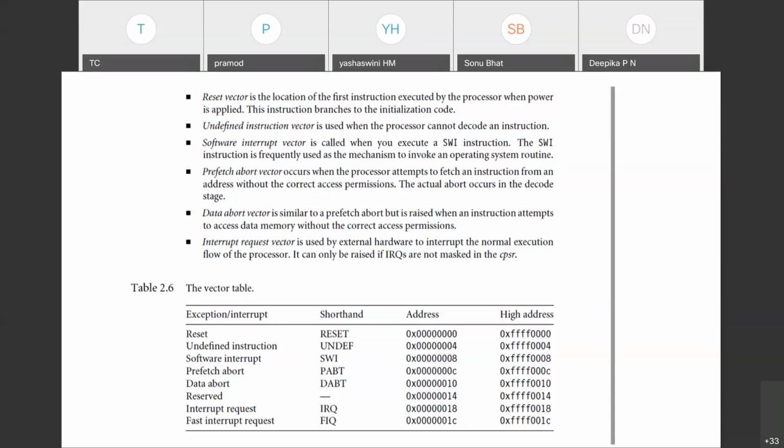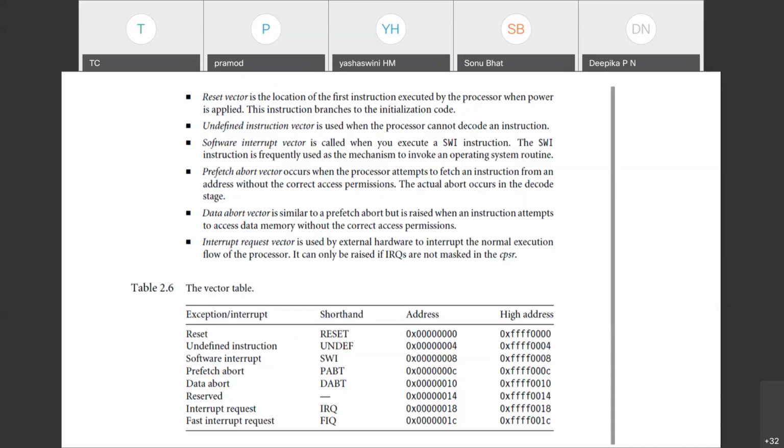Now, what is the meaning of the reset vector? It is the location of the first instruction executed by the processor when power is applied. The instruction branches to the initialization code. It means the processor is running some instructions. If I raise a reset, you can call it either an exception or an interrupt.